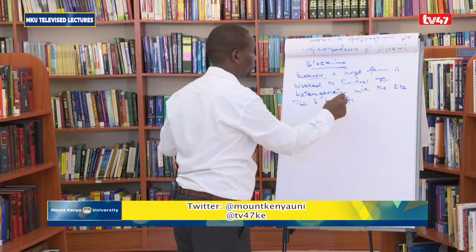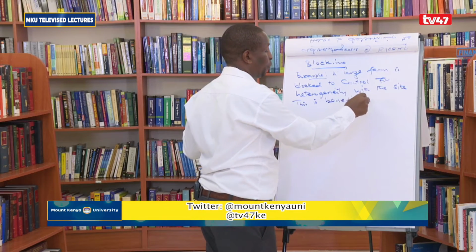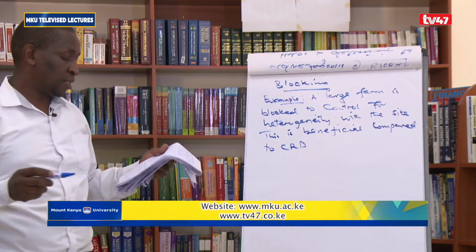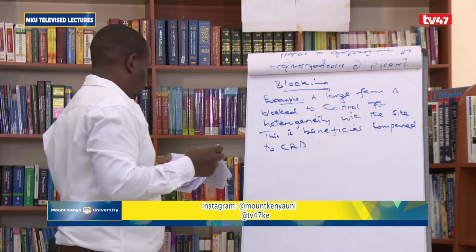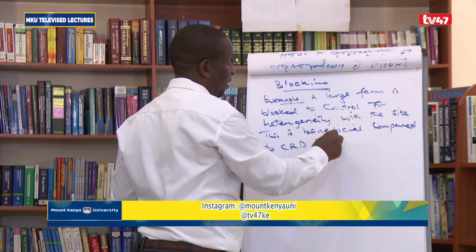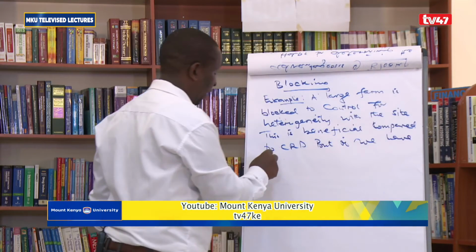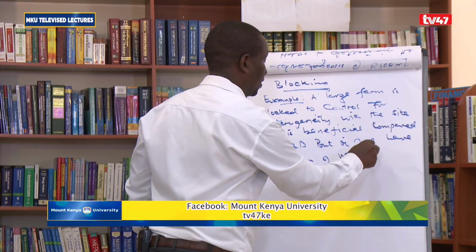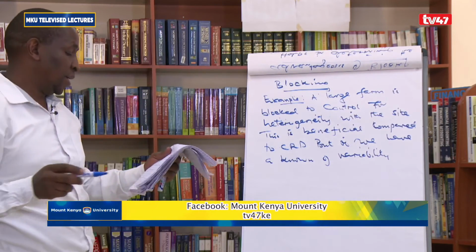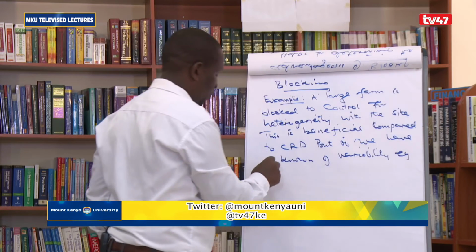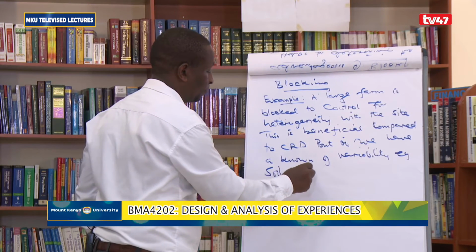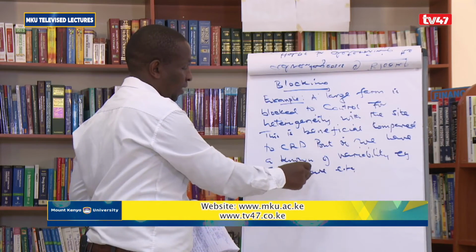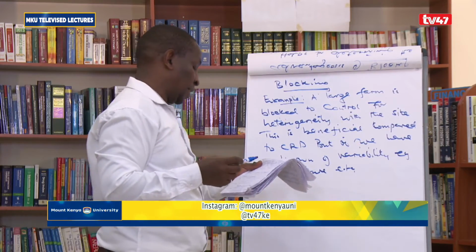And this is beneficial compared to CRD. But if we have a known source of variability, such as soil texture, temperature, etc., then there is likely a gradient characteristic